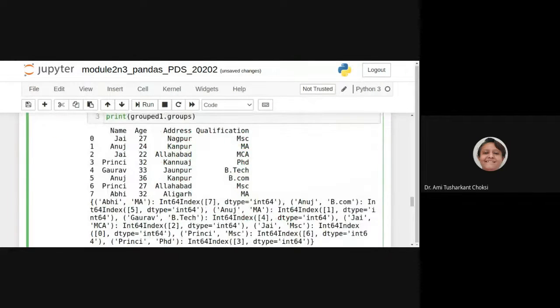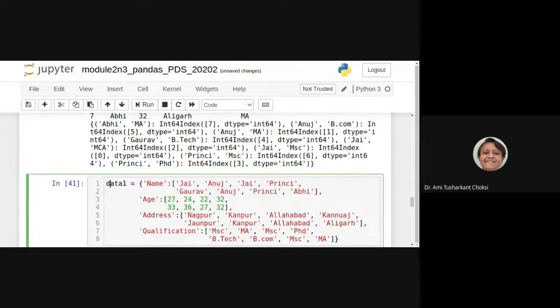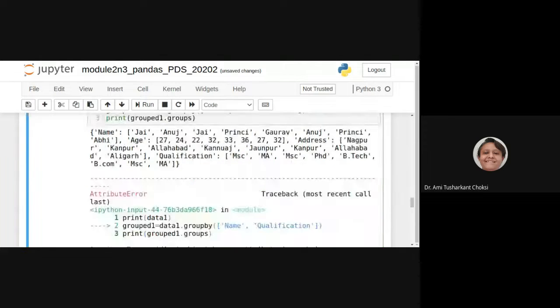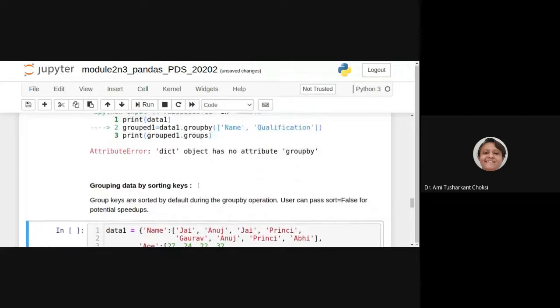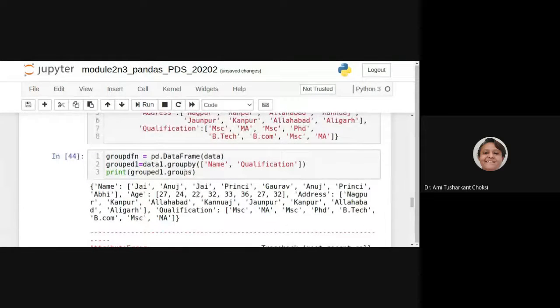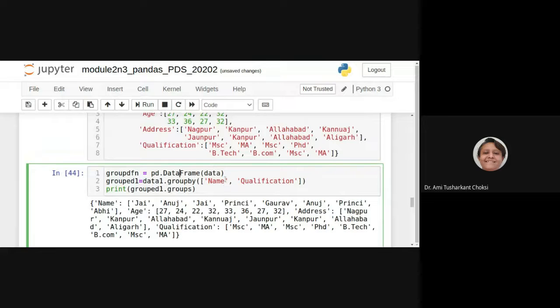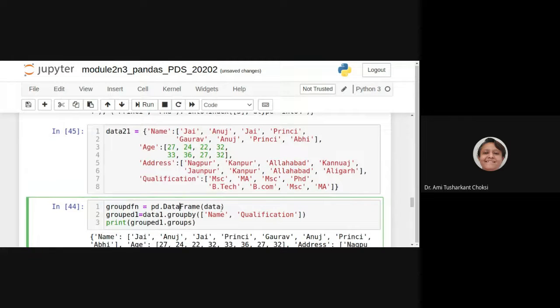Let's say data for two columns, so let me give it as 21. Yeah, here for PD dot data frame, we should provide this data, that is 21, right?